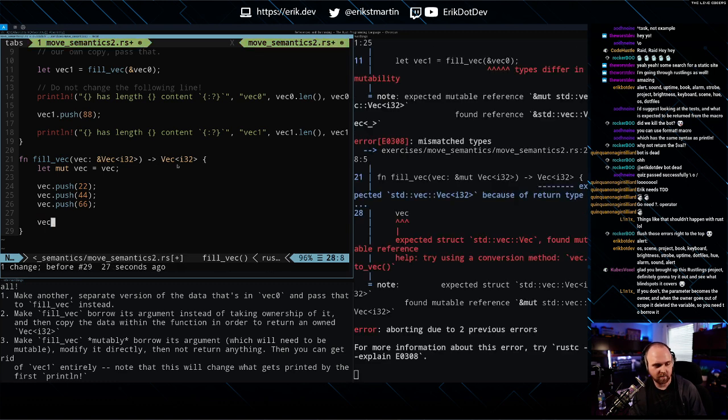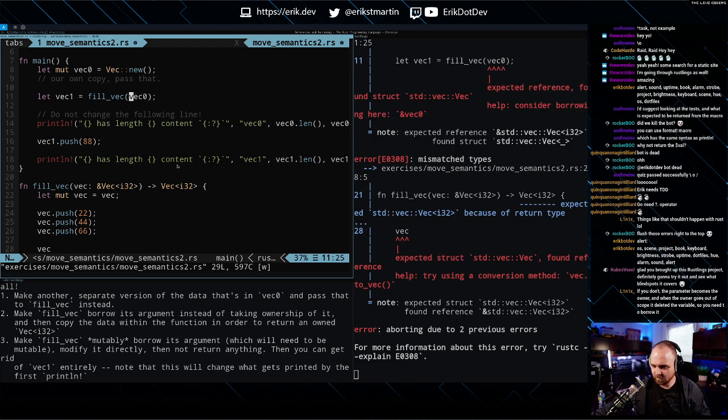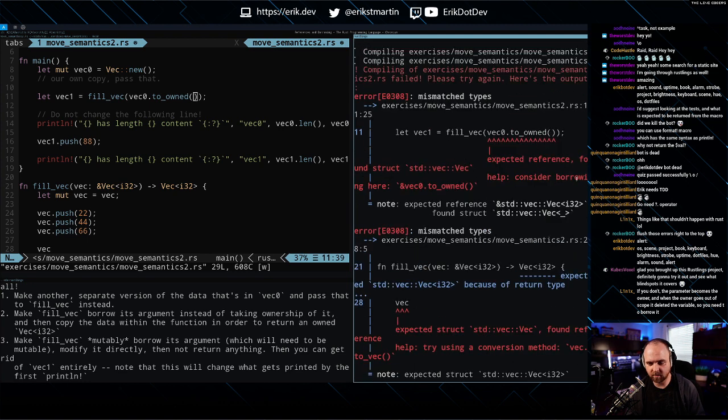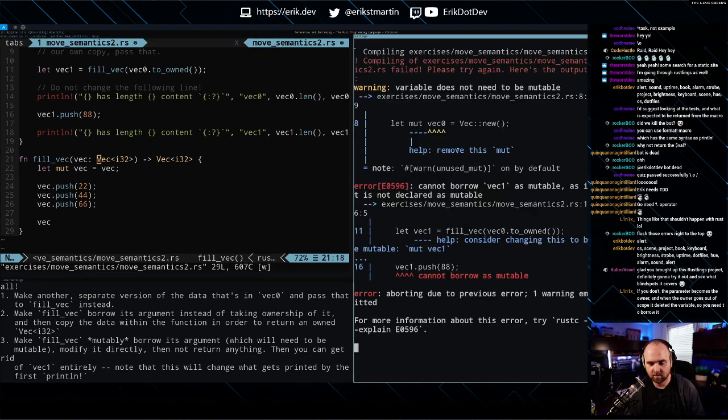Alright, let's go back, because it's number 1 that I really want to figure out here. If you don't, the parameter becomes the owner, and when the owner goes out of scope, it deletes the variable, so you need to borrow it. Right. So I know that there's like the 2 owned, right? But that's not what I'm looking for. Oh, oops, because I changed all this back. Remove this mut back 0.